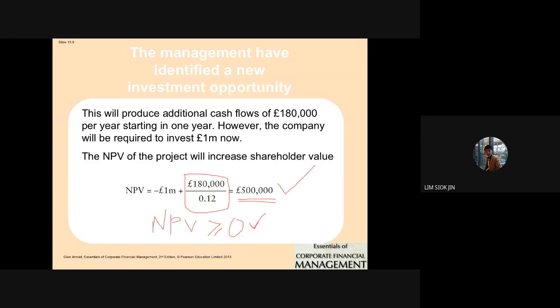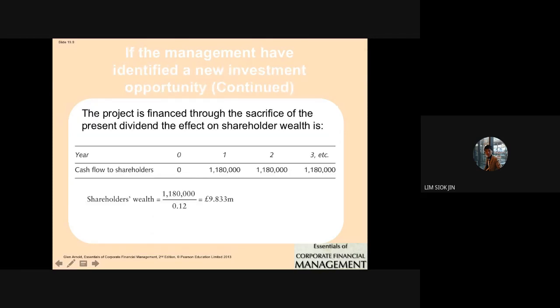Owners will see that, oh, you need $1 million this year to reinvest. That means this year I don't get dividend. Right? So does it affect the owner's wealth? Actually, it doesn't. Why? You see, so let's say this year,